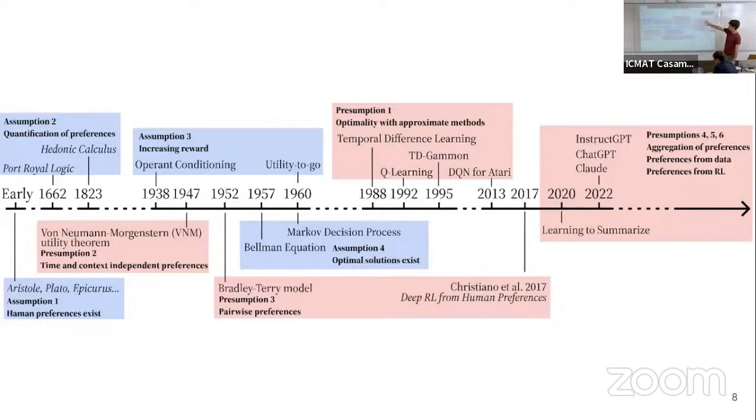Yeah, the application to large language models is quite recent, from 2020, in which we have InstructGPT, which is like ChatGPT's antecedent. These methods, the Bradley-Terry model, come from the 50s, when people started developing decision theory. And so we have some results from reinforcement learning that apply here. But just a general overview.